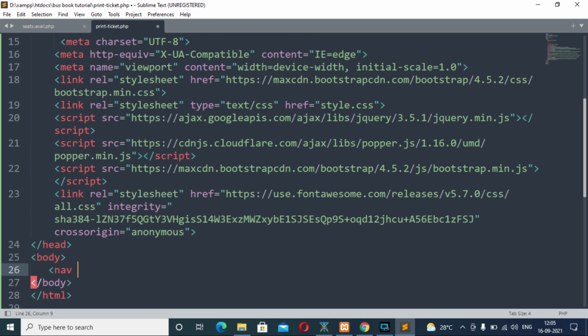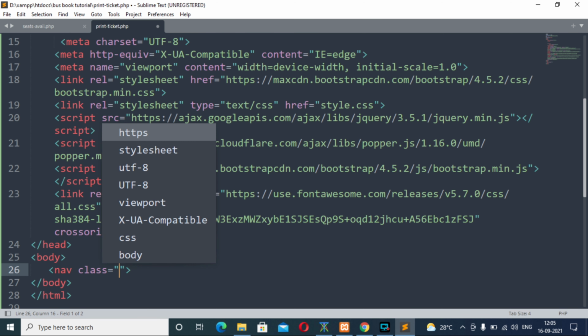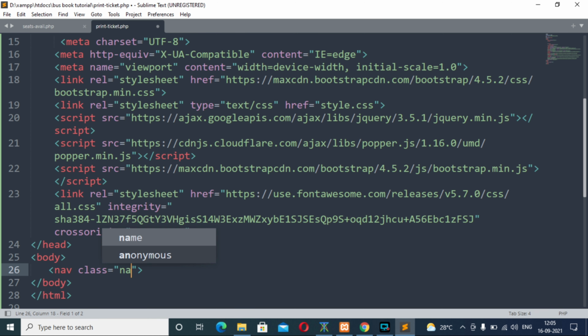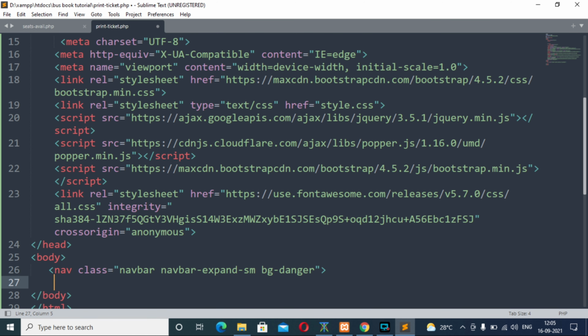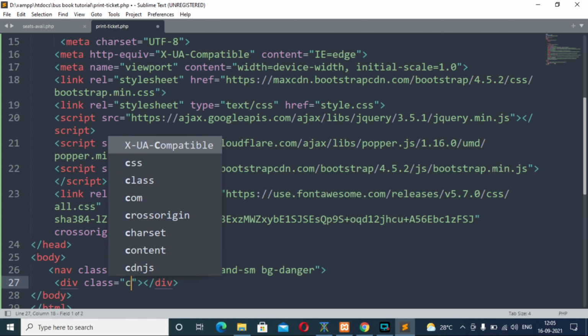So there will be the opening of a nav tag followed by a class attribute having the value navbar navbar-expand-sm bg-danger, inside which we will have a div tag with the class attribute container.